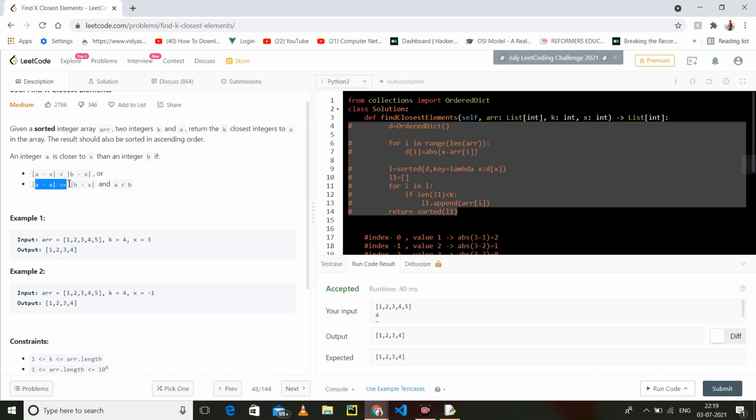Now you can see that for 1, the absolute difference with 3 is 2, and for 5, the absolute difference is also 2, but what is the condition given?